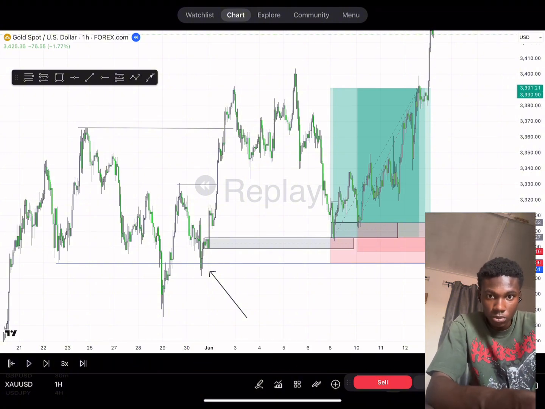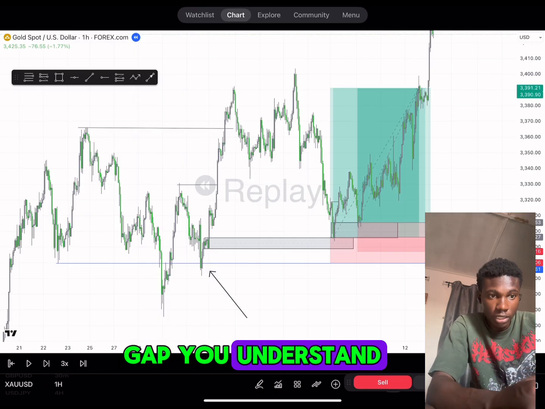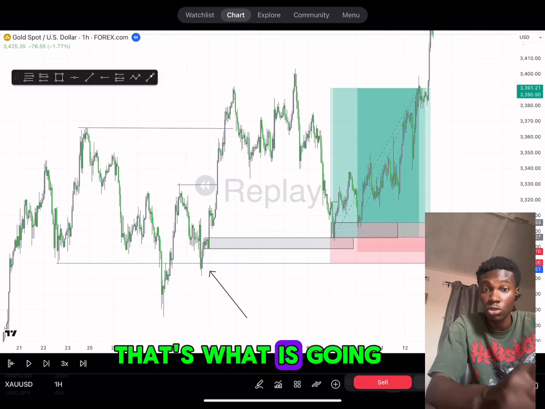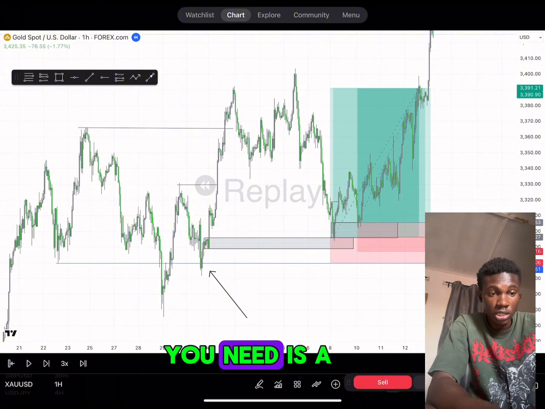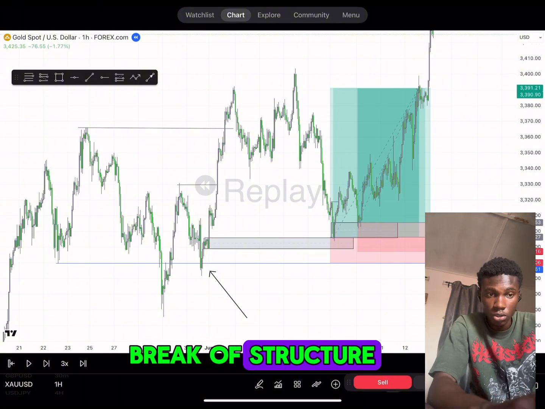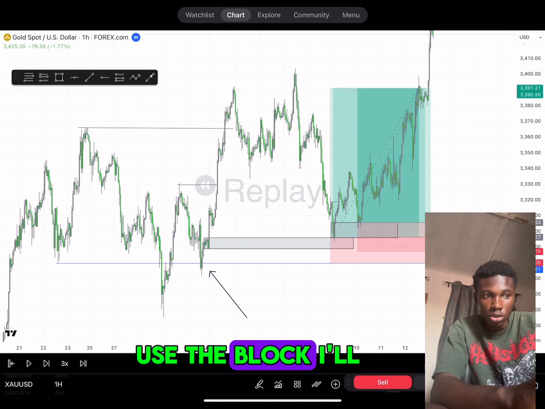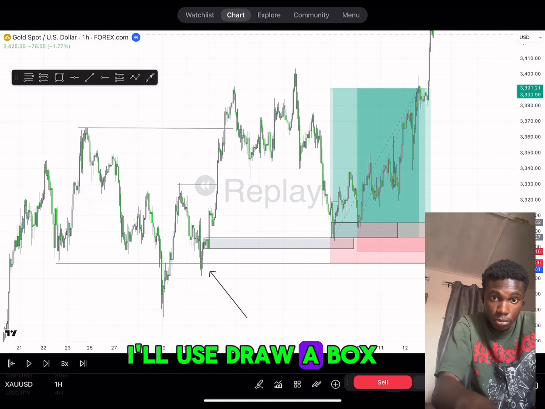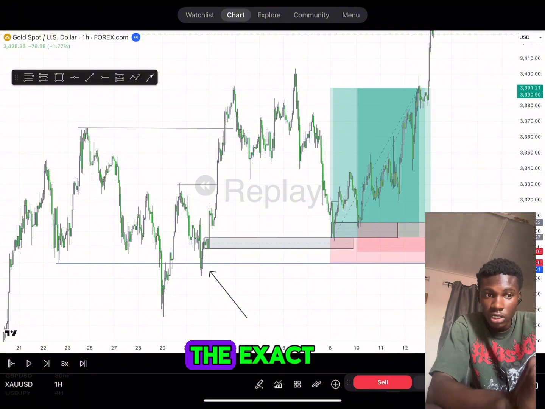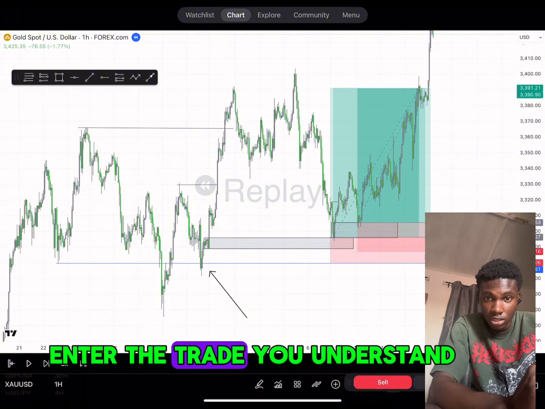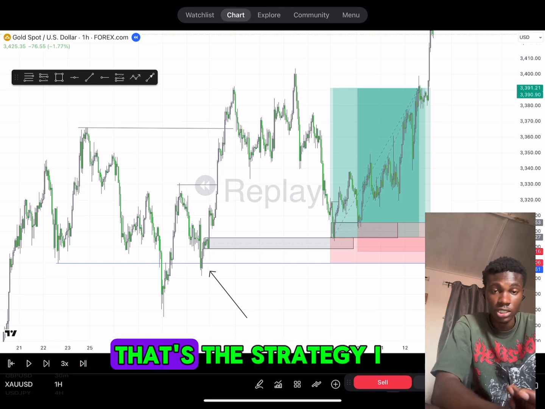It's like a liquidity space to cover up, to fill out the gap, you understand? So that's what is going to draw price back to that order block. So it needs a fair value gap and a break of structure. Those three things, and you are going to draw a box around your order block, so that you know the exact point you're going to enter the trade, you understand? That's the strategy I use, and